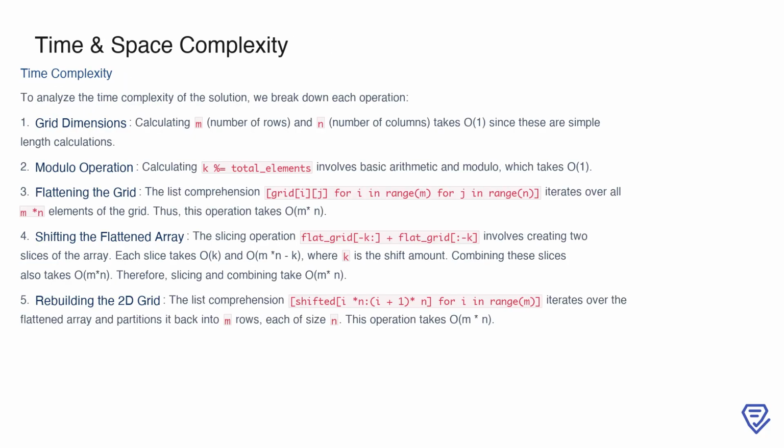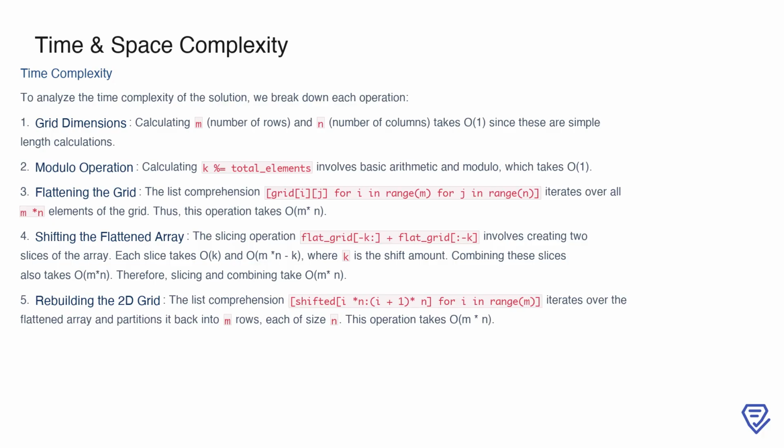To analyze the time complexity of our solution, we start by breaking it down into individual operations. First, calculating the grid dimensions, such as the number of rows m and columns n, is straightforward and takes constant time, or O(1), since it's just a matter of accessing the lengths of the input. Next, the modulo operation, where we compute k % total_elements, also takes O(1) time because it's a basic